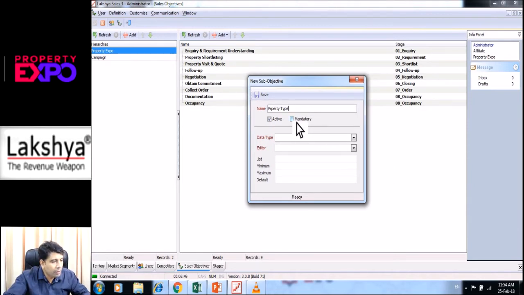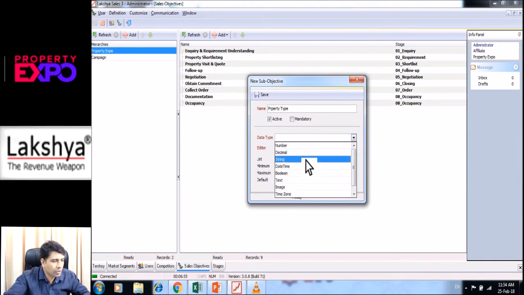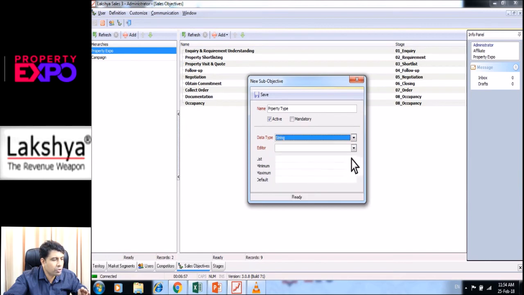And then if you want to make it mandatory, you can mandatorily make it, because once it is made mandatory, the executive needs to enter the information. Then the data type, the best thing would be to select string. Editor, you can text edit, which means they can type in the information,